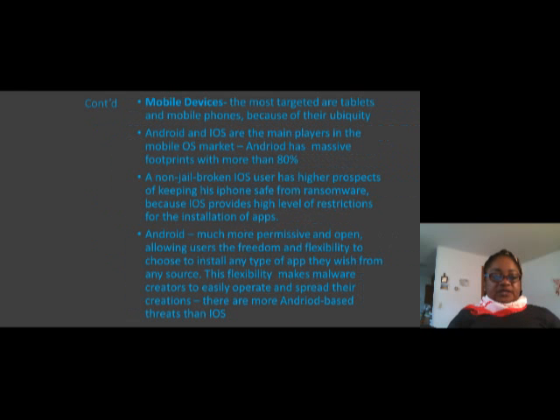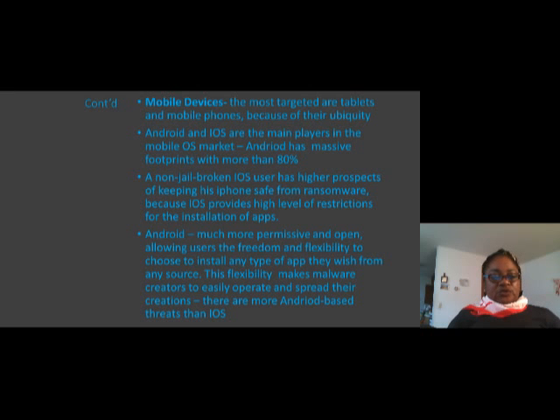Mobile devices. The most targeted are tablets and mobile phones because they are ubiquitous. Android and iOS are the main players in the mobile OS market. Android has a massive footprint with more than 80%.